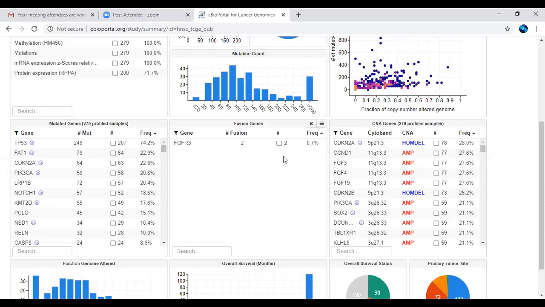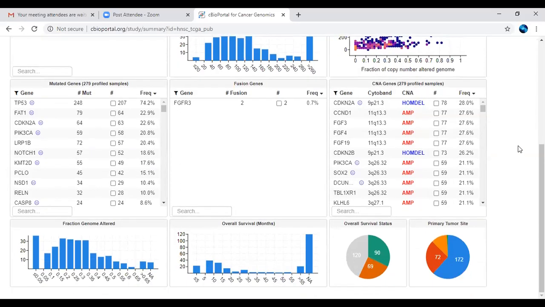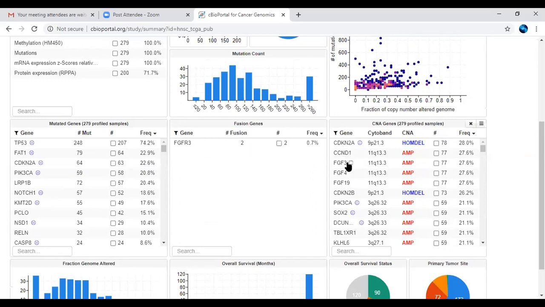For fusion genes, they have given only one piece of information here. You can download that data from here too. Whereas they have given the copy number altered genes. You will find the copy number altered genes with respect to cytoband data and copy number alterations, and this number is nothing but the copy number alterations with respect to the samples studied.